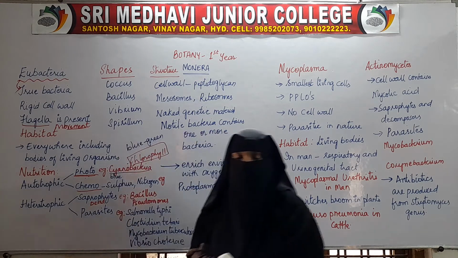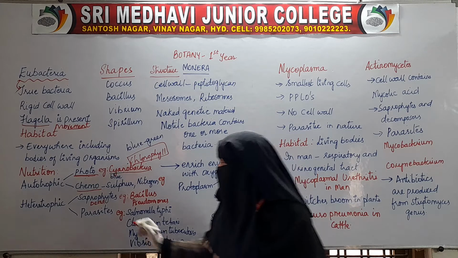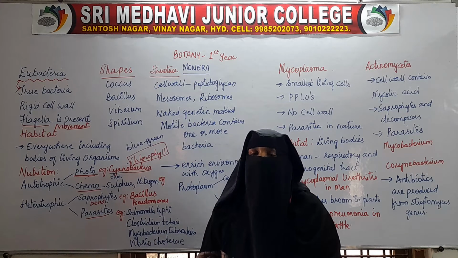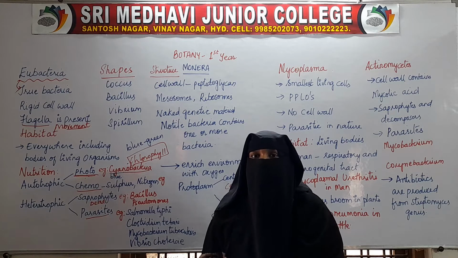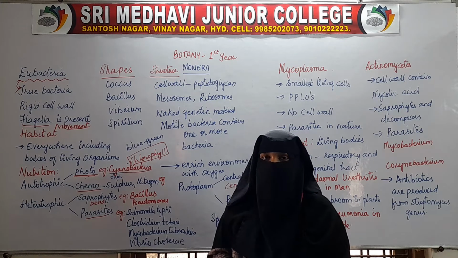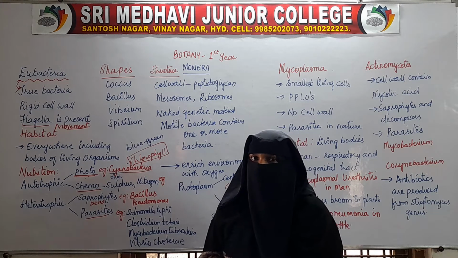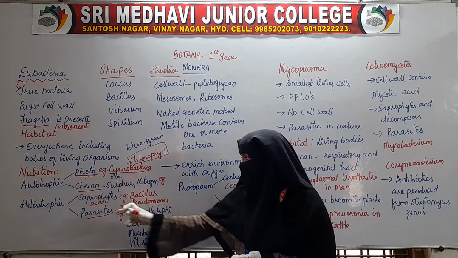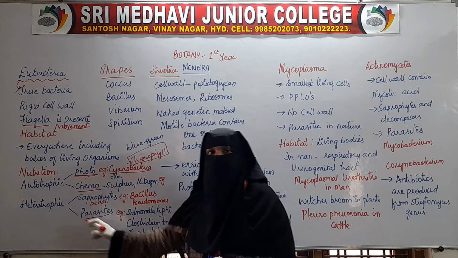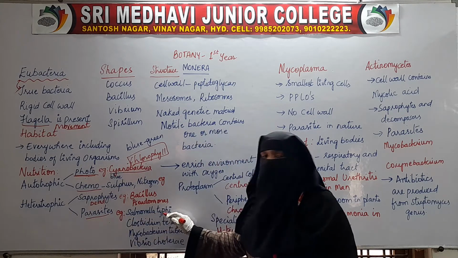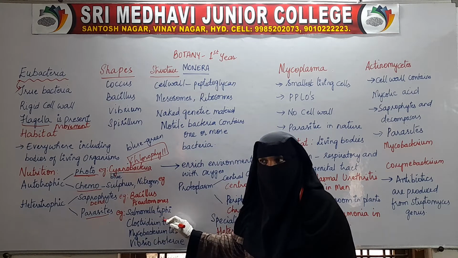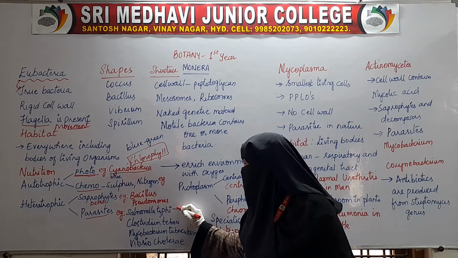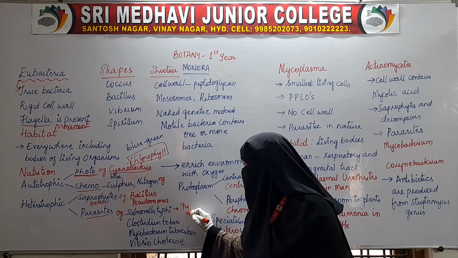Dead decayed organic matter. And some are parasites. That is, they live in the bodies of living organisms and cause diseases. An example of heterotrophic parasitic bacteria is Salmonella typhi. Salmonella typhi is a type of bacteria which causes a disease called typhoid